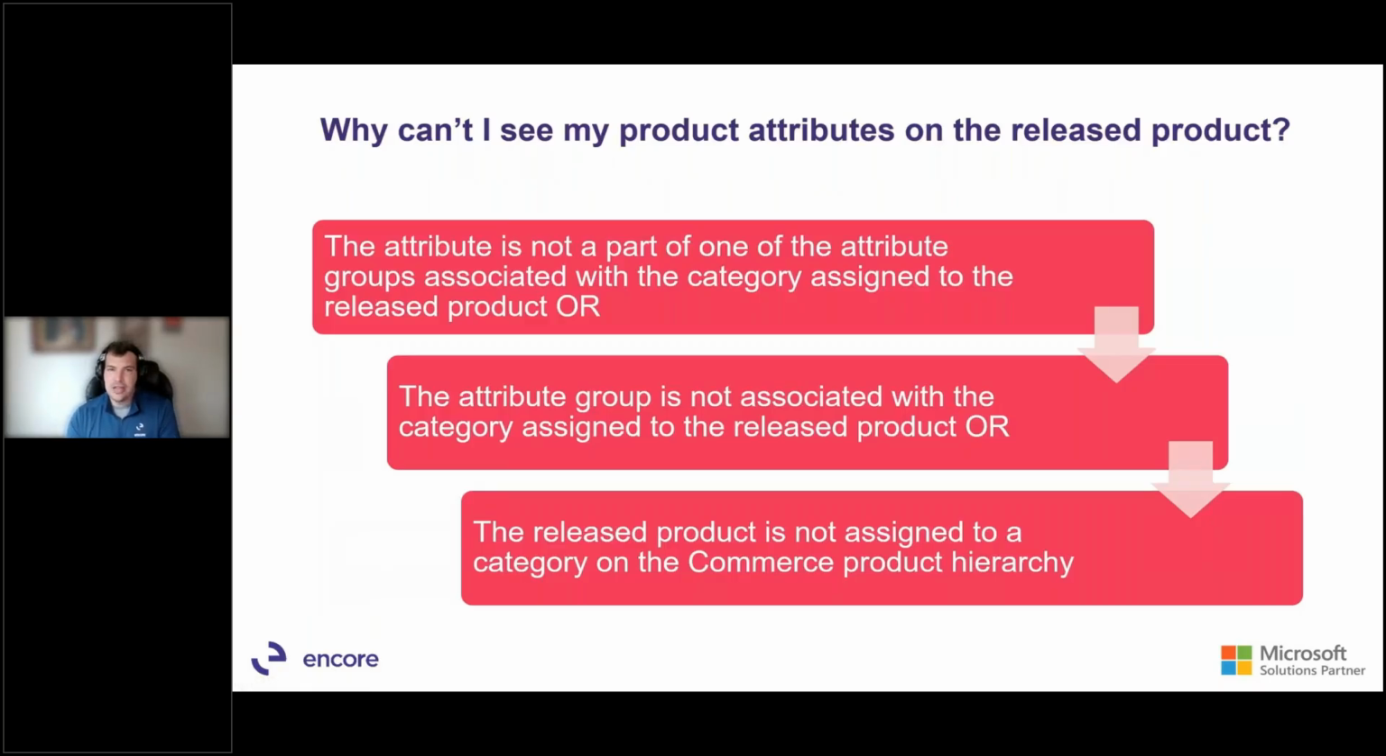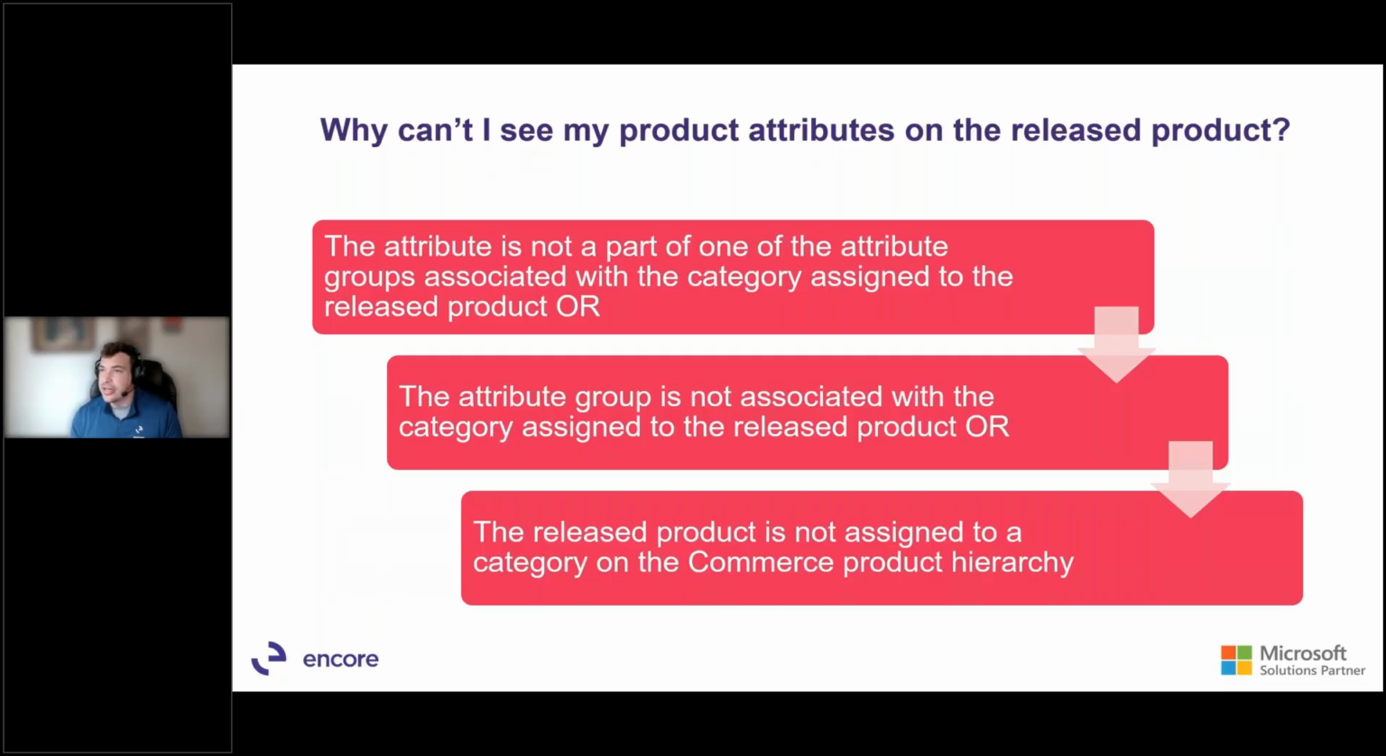So if you're doing this and you're having trouble seeing, why can't I see my product attributes on the released product? It's most likely due to one of three reasons, right? The attribute is not part of one of the attribute groups associated with the category assigned to the released product. So that means on the category hierarchy, when we added that attribute group, the attribute that you're looking for is not part of that group that was added, or the attribute group itself is not associated with the category assigned to the released product, meaning that if you go to the category hierarchy and you look at the node, there is no attribute group associated with that node specifically,